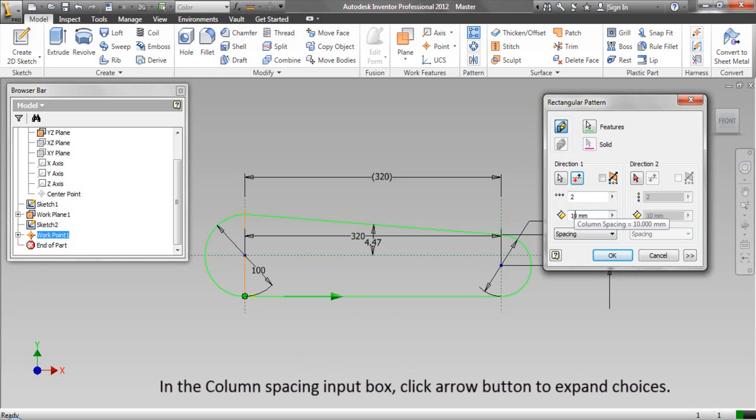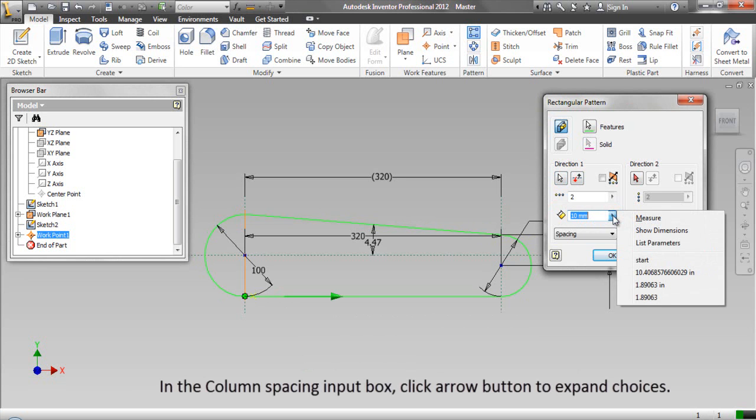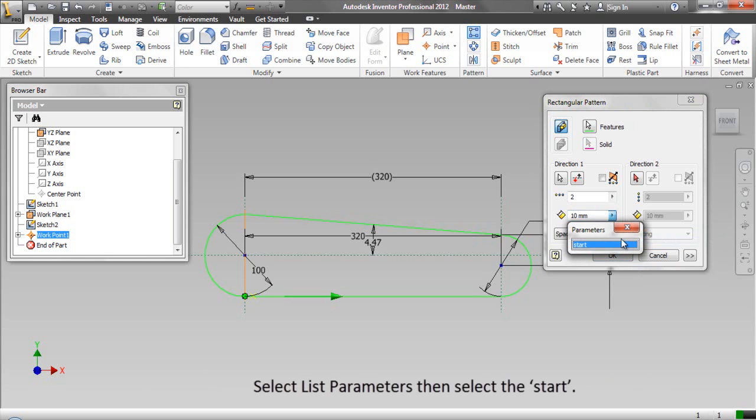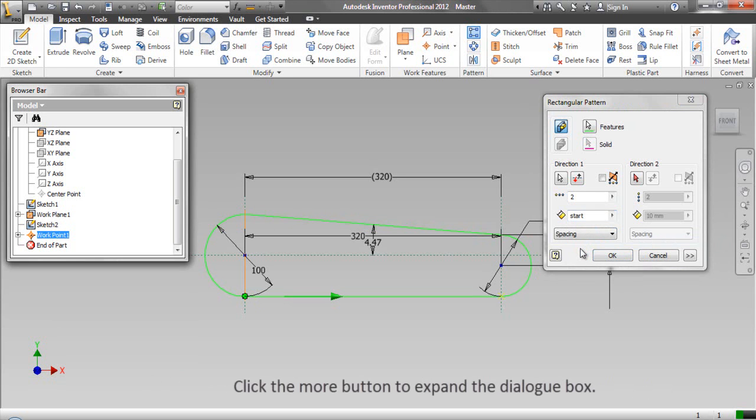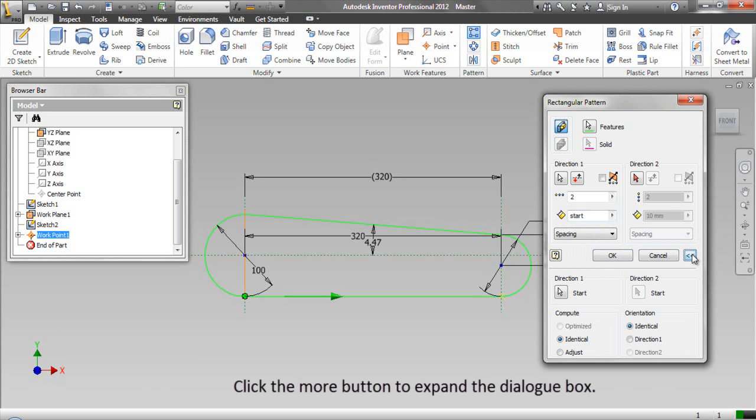In the column spacing input box, click the arrow button to expand choices. Select List Parameters, then select Start. Click the More button to expand the dialog box.